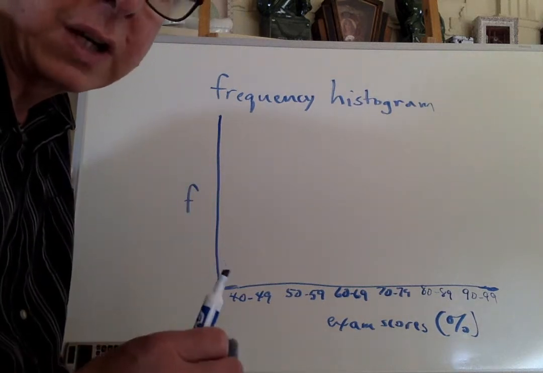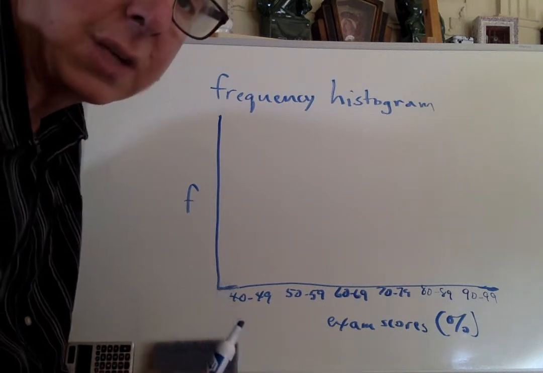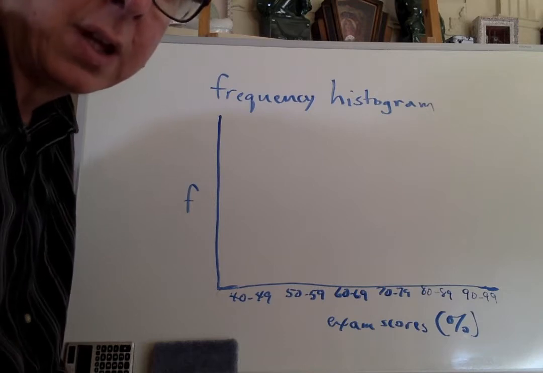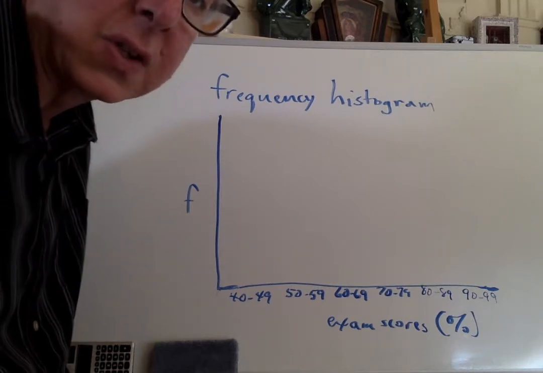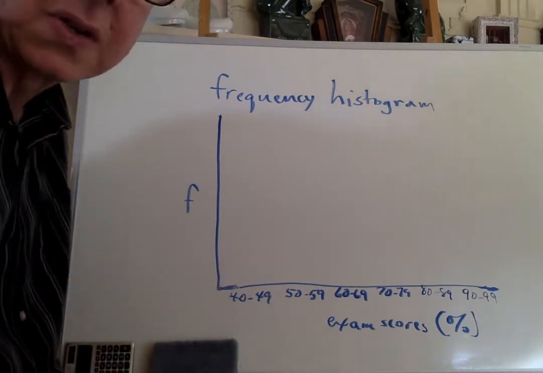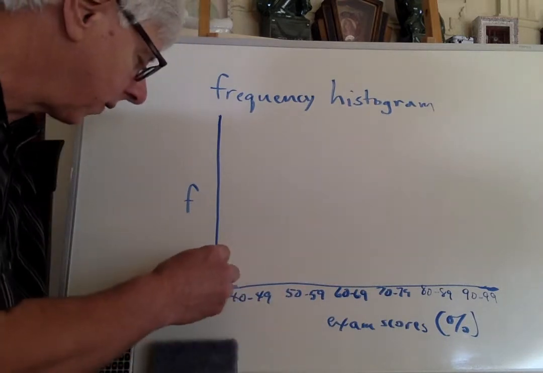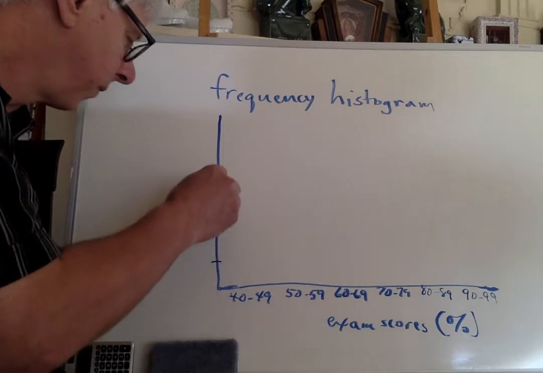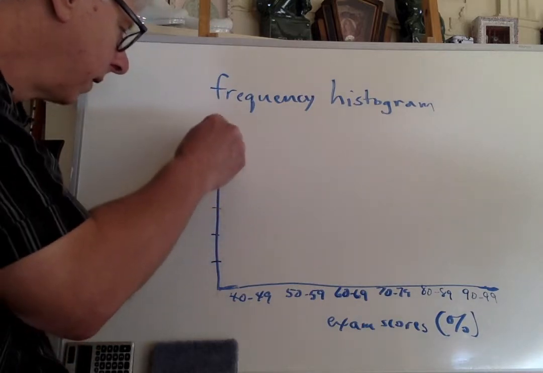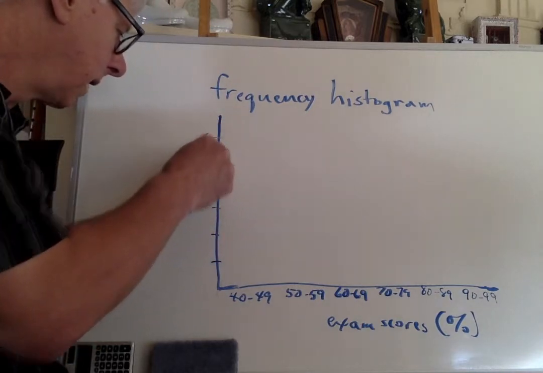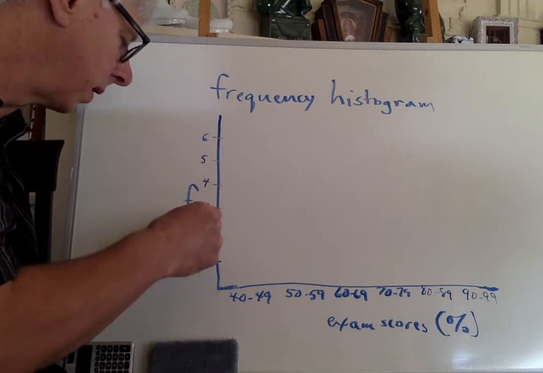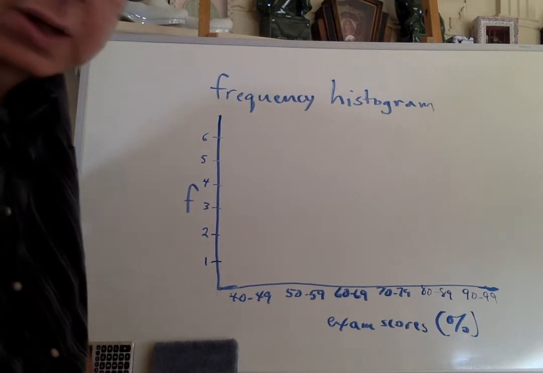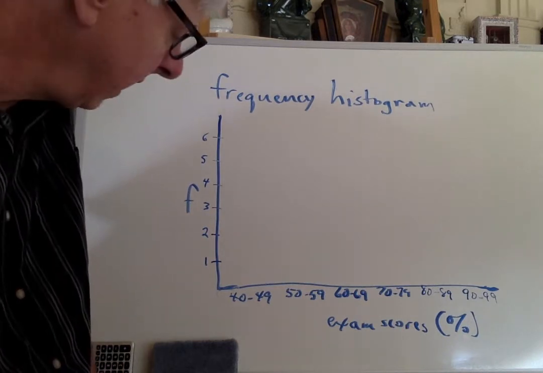For our frequencies now, the highest frequency we had, of course, our data set was only 17 people, right? The highest frequency that we had was 6, so I only need to go up to 6. It's going to make it a little bit easier for this graph. 1, 2, 3, 4, 5, and 6. And I can actually put all the numbers in here. I mean, why wouldn't I? It's manageable in this case. And now we can start